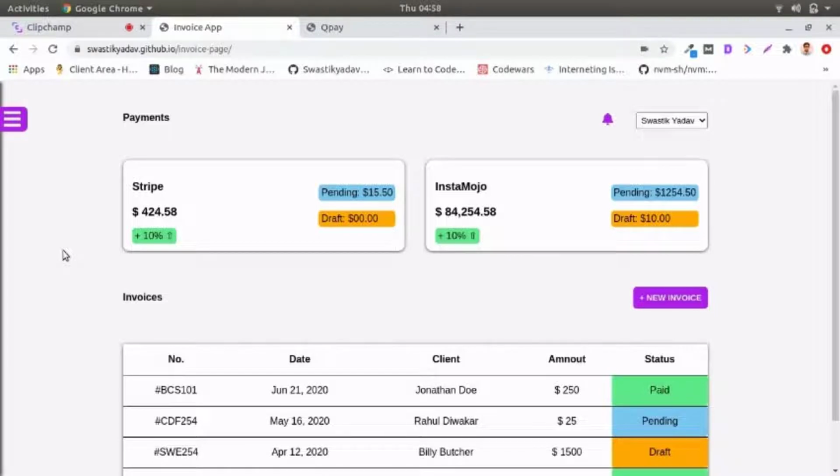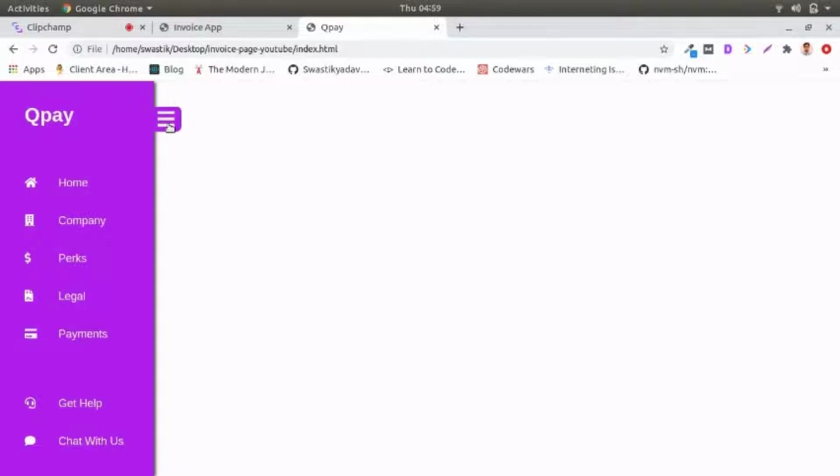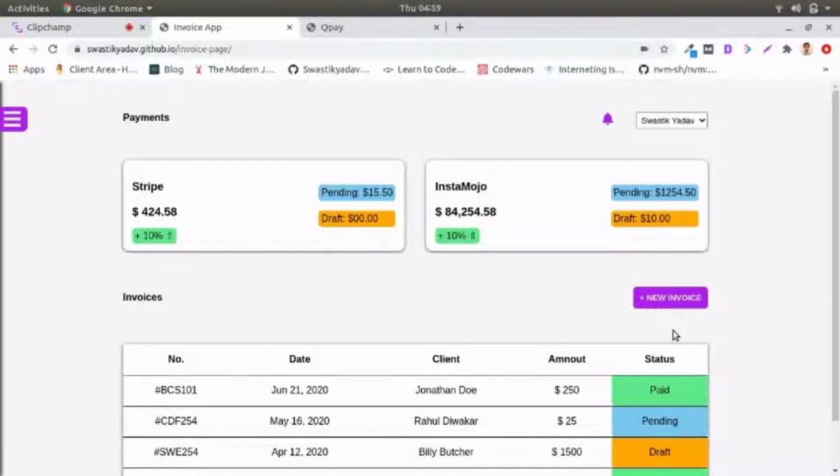Hello everyone and welcome back to episode 2 of the Complete Invoice web page, where we are not only going to build this layout but also configure on-page SEO for the page. So this is the second video. In the first video we built the complete functional sidebar, and in this video we will build the main section right over here and make it responsive. And then in the third, upcoming video, we will configure on-page SEO for this website. All right, so let's get into it.